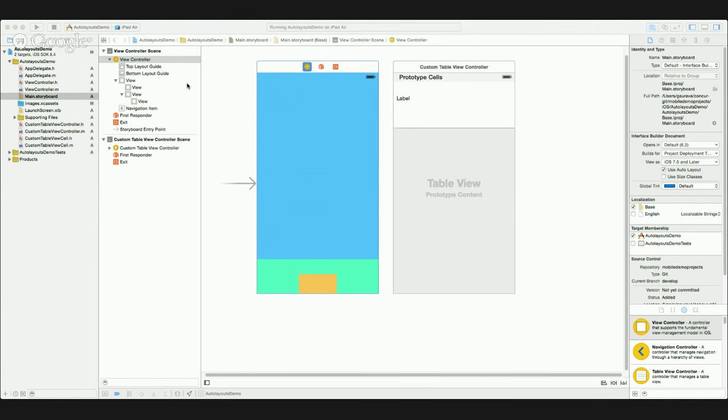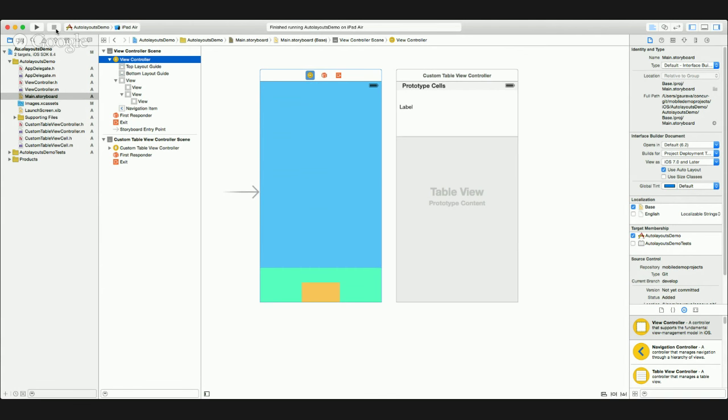Okay, still if you run the code, you see the same result. The reason is we just turned on the auto layout, but we didn't specify what auto layouts to use for each and every view over there. So let's set them one by one. The idea being,